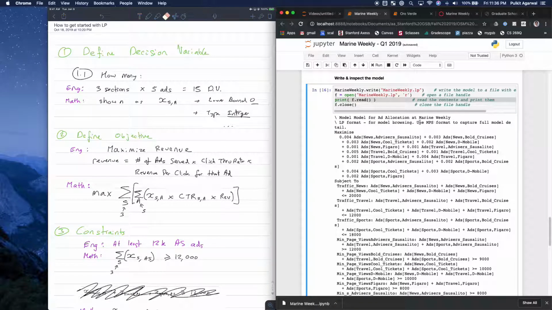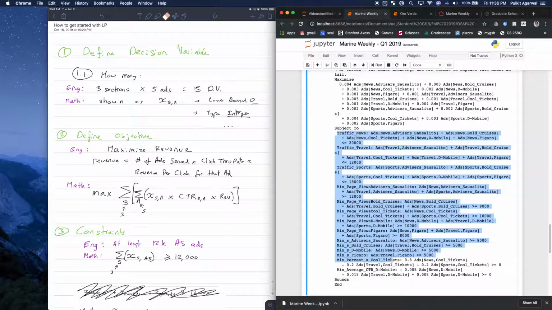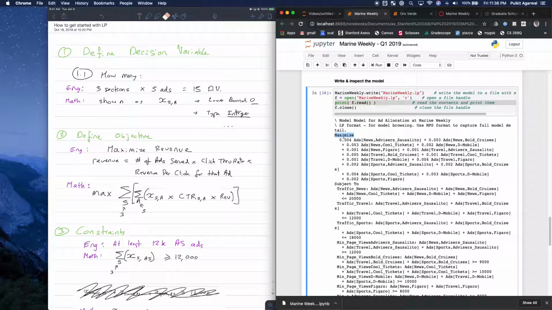So this is saying that this model needs to maximize this, subject to all of these constraints. So each line is a different constraint. So this is one constraint, this is one constraint. So let's go through this real quickly. It's saying maximize this entire equation. So if you remember in here, we had